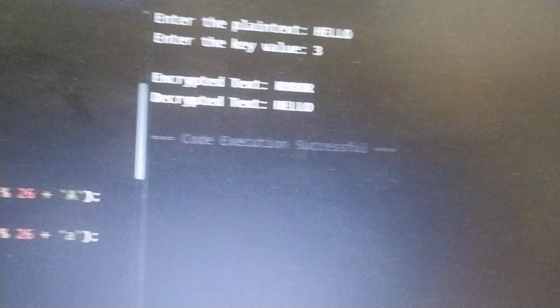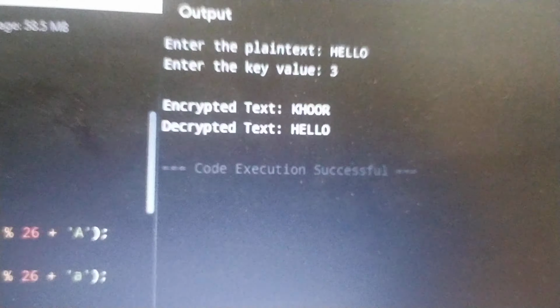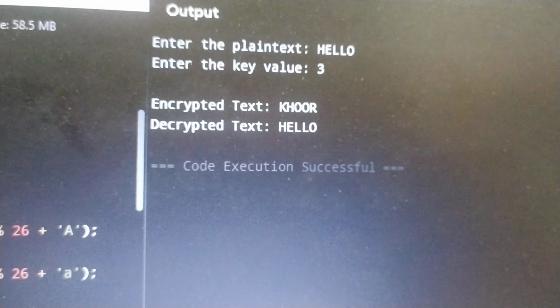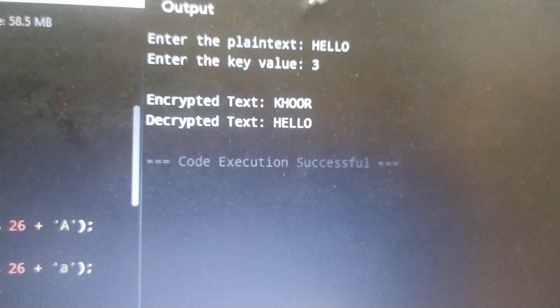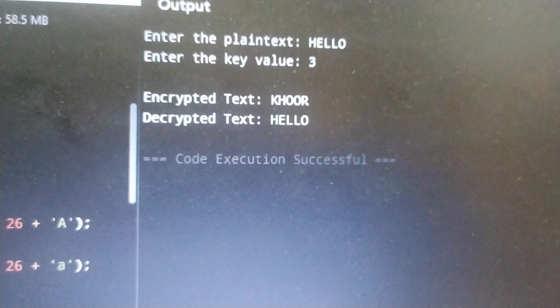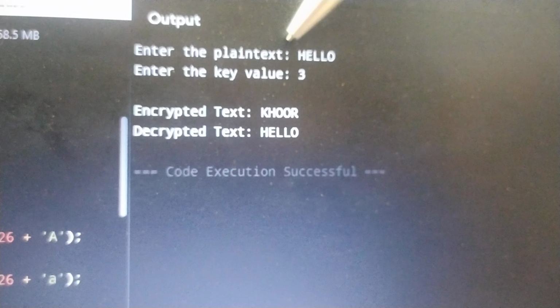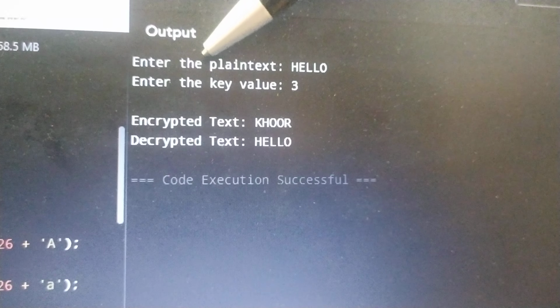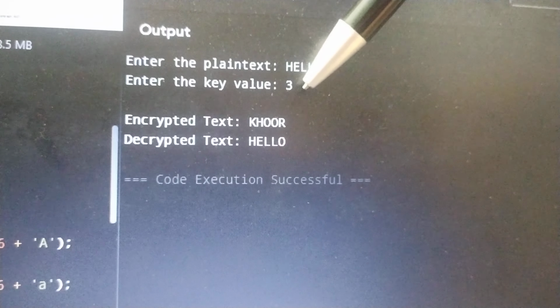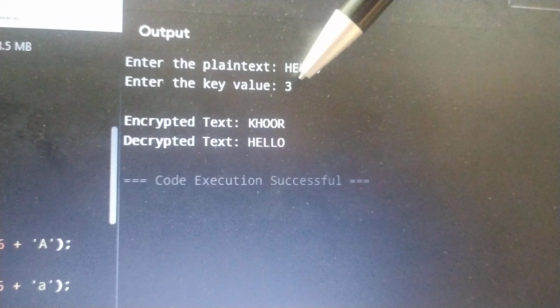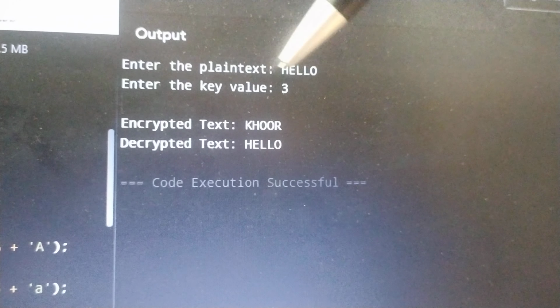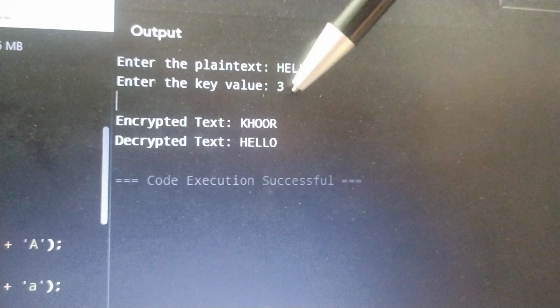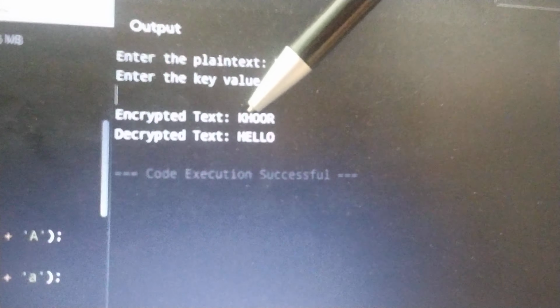Next we are moving to the output. In the output, first we need to get the plain text. Here we are using uppercase, that is, HELLO. Next we need to give the key value. Here I have entered the key value as 3. After entering this value we will get the encrypted text as